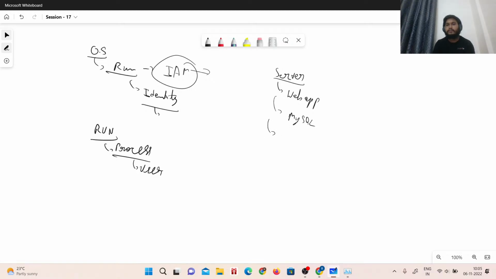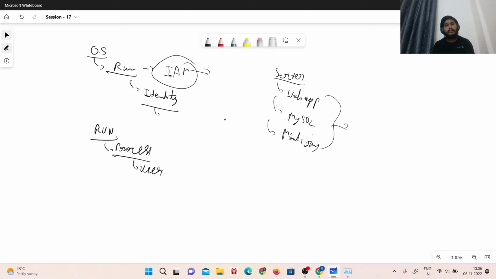It is running some monitoring application. For example, these are the three applications. So we don't want to give all the permissions to any user, because see, the thing is,